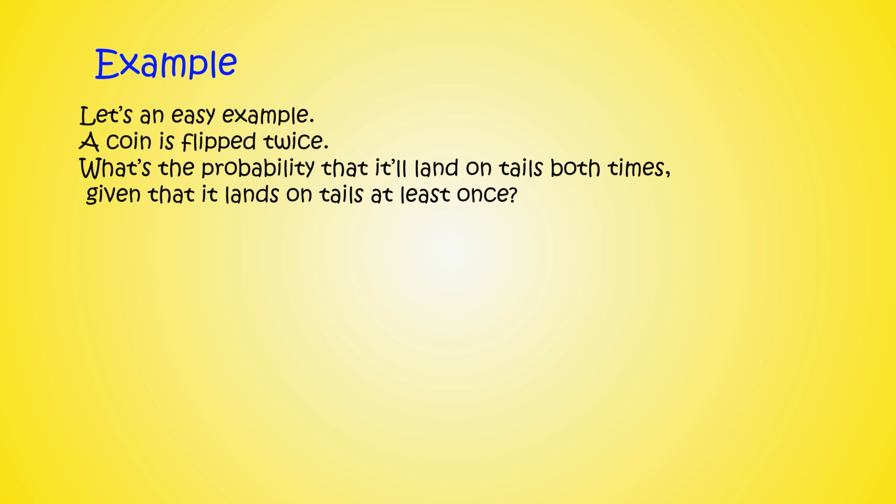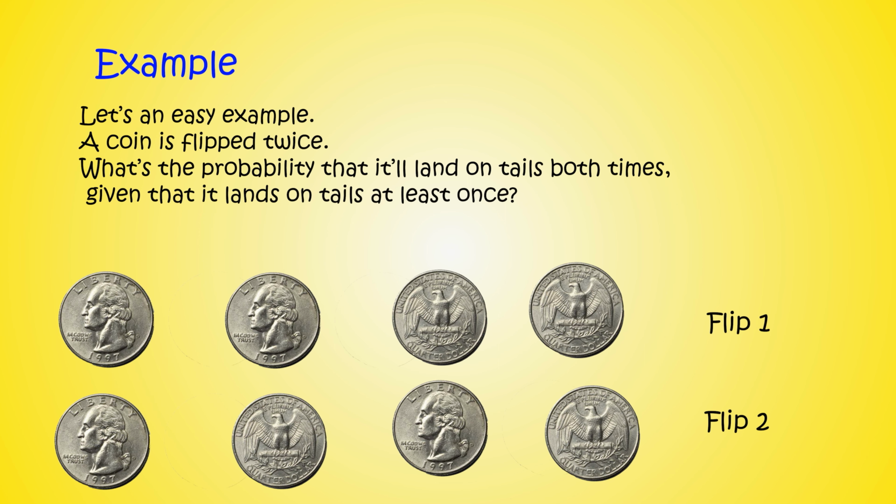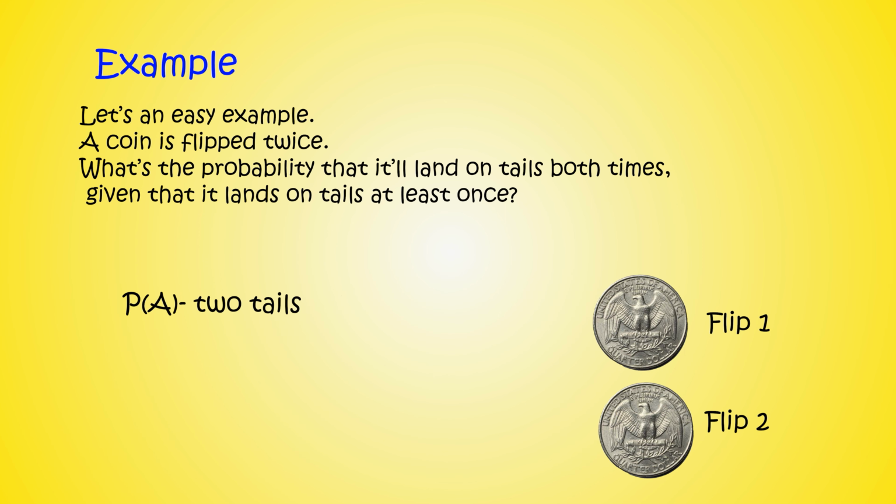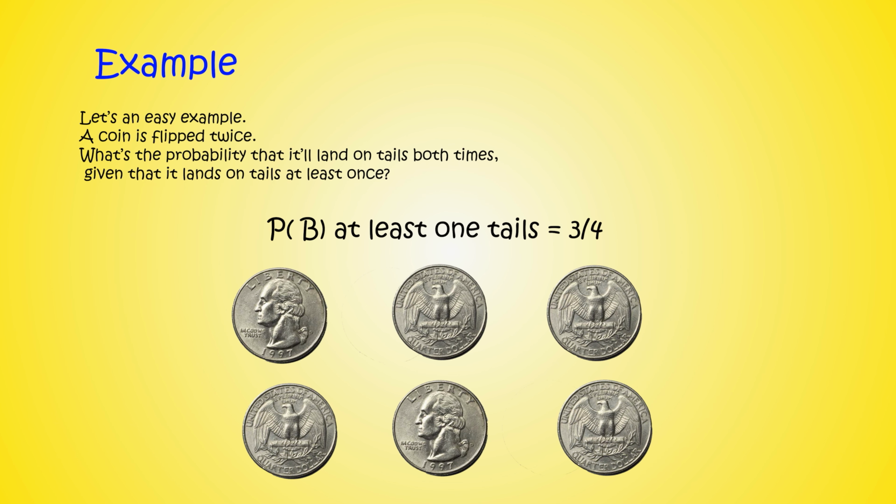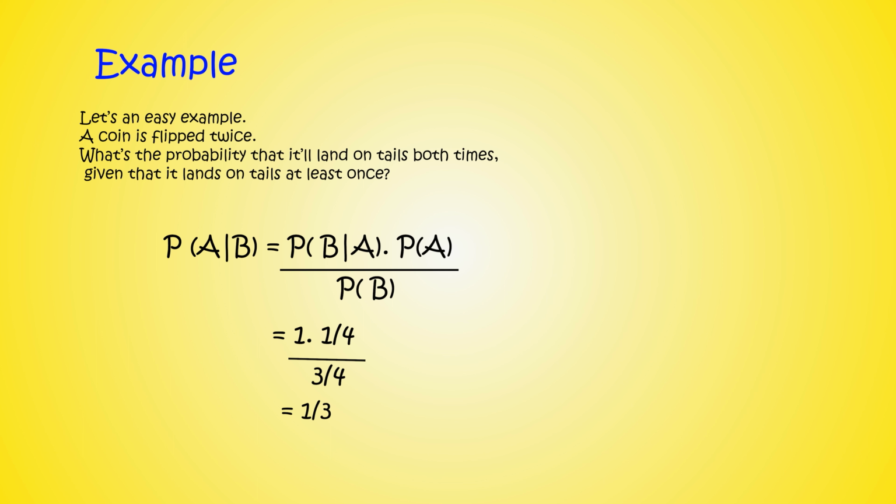Here's an example. A coin is flipped twice. What's the probability that it'll land on tails both times, given that it lands on tails at least once? A represents the probability that the coin lands on tails twice, while B represents the probability that there's at least one tails. Using Bayes' theorem, the probability of getting one tails, given that the coin landed on tails twice, is